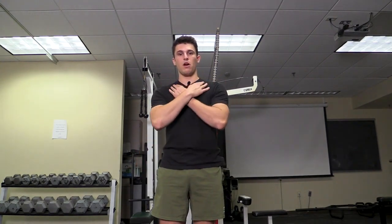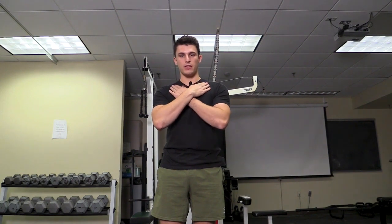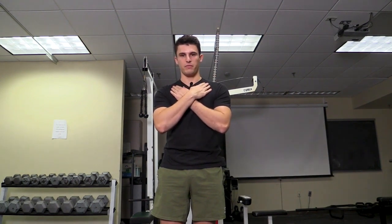Now to start, before you do this movement, you will lay down onto the ground on your back, and your fingertips will go onto your collarbones, and they will remain there for the duration of the movement. Then you will bring your legs up, keeping your feet on the ground until you are at 90-degree knee flexion. From there, you may choose to have either another individual or a piece of equipment hold your feet down for this